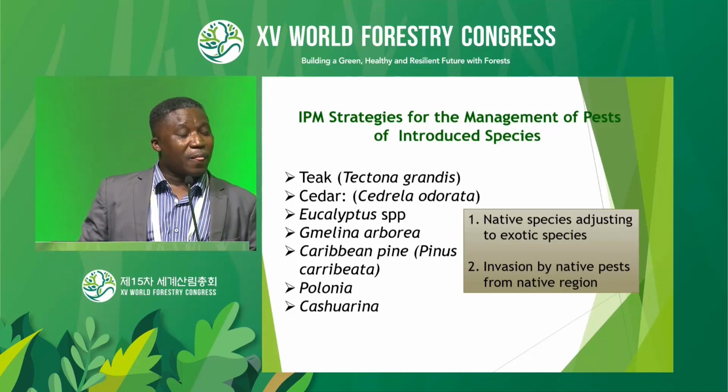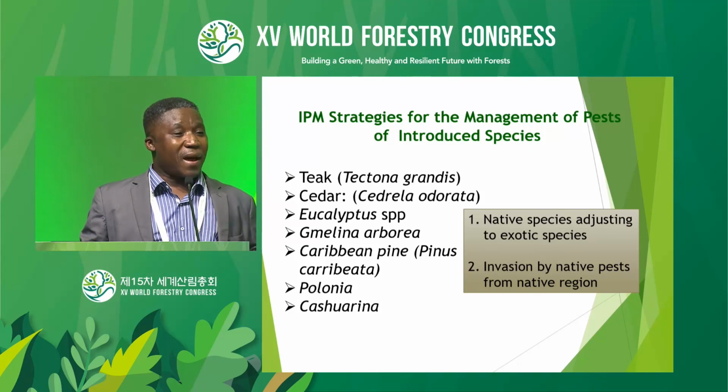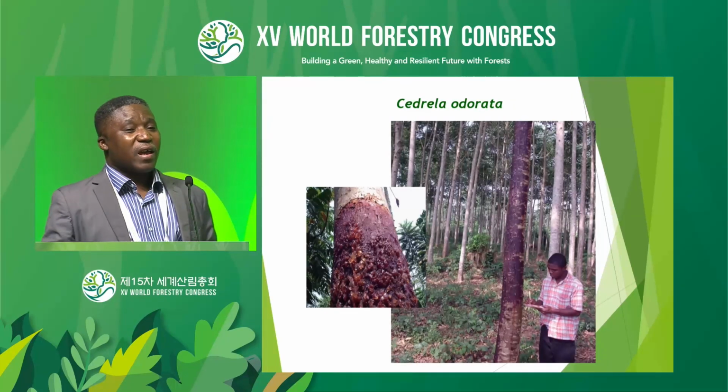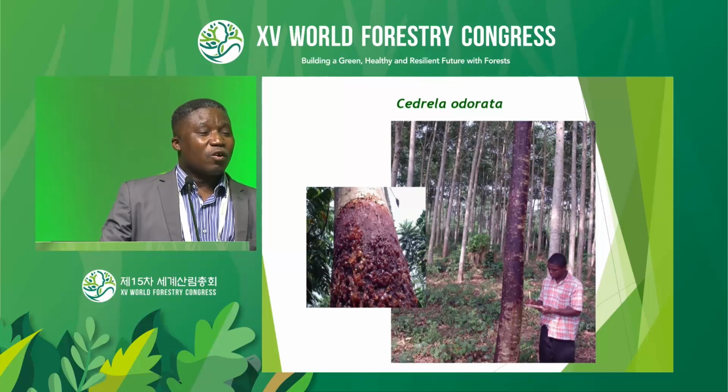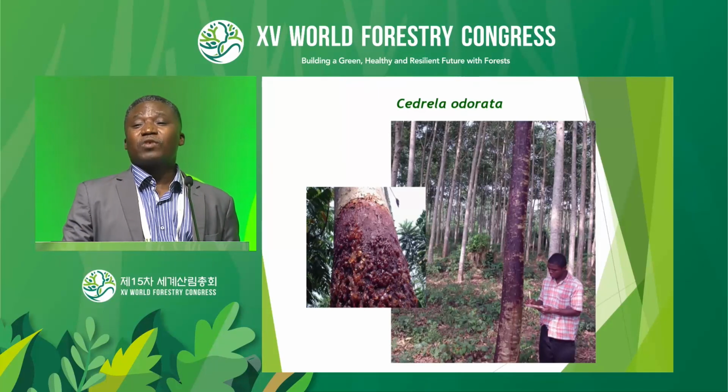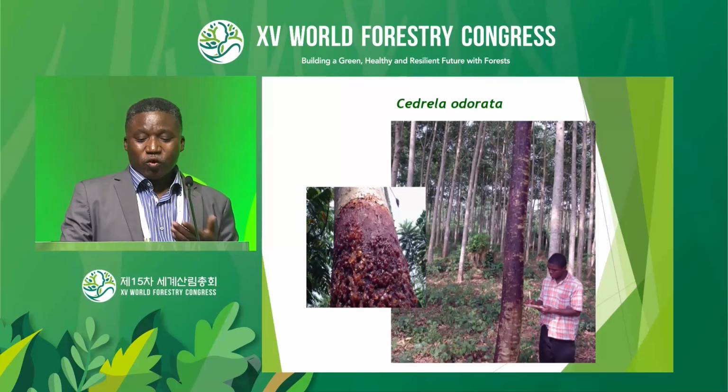They seem to be doing well in the past. Now the situation has changed. They are also becoming vulnerable, and it's because endemic or native pests and diseases are now adjusting to them, and they are utilizing them. So the picture you